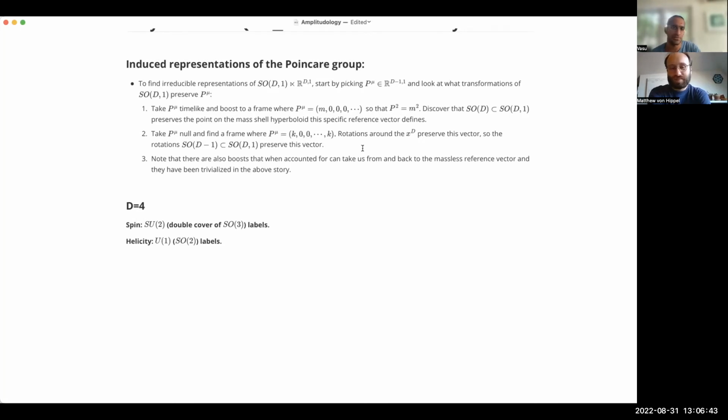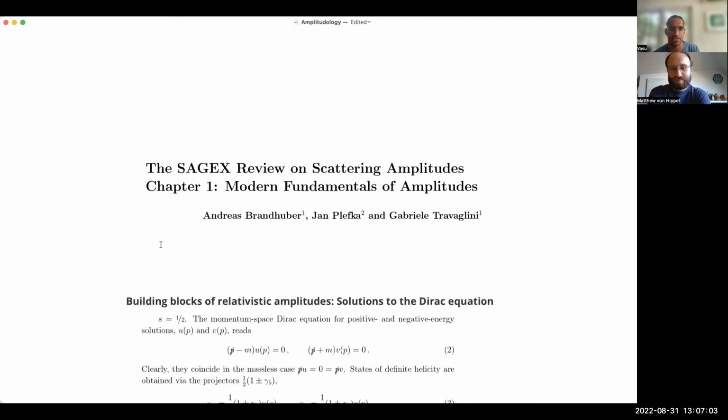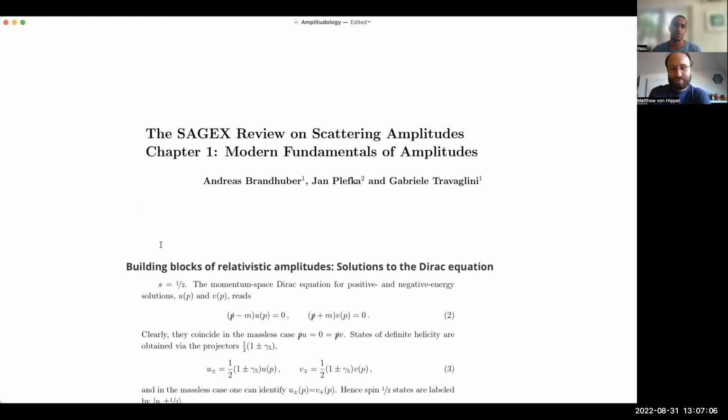So for now, our starting point is this realization that the irreducible representations of massless particles are labels associated with representations of SO(2)/U(1) called helicity. Let's stay in 4 dimensions for the time being, and jump into this review. There are 2 parts to making this whole modern understanding of amplitudes work, as far as I can tell: first, realize how powerful little group representations are, and then to really exploit them,